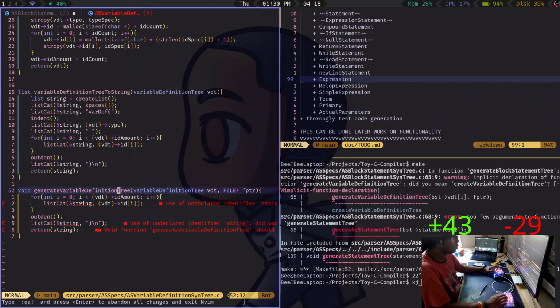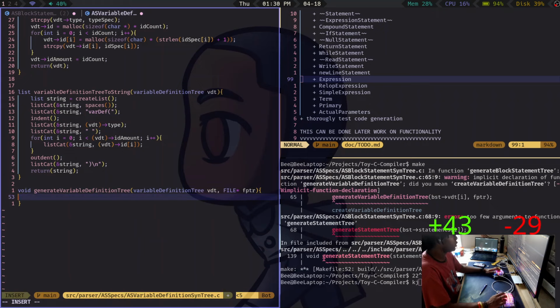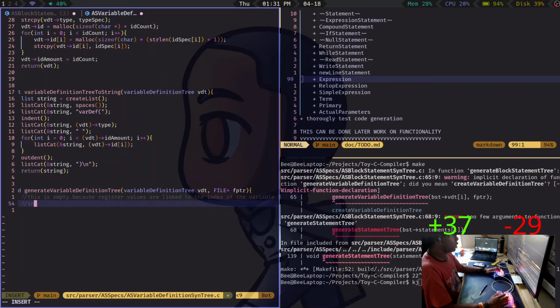So, yeah, we really don't need to do anything. So we can say, because register values are linked to the index of the variable in the symbol table.